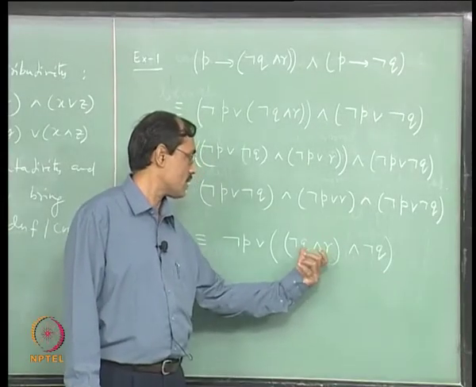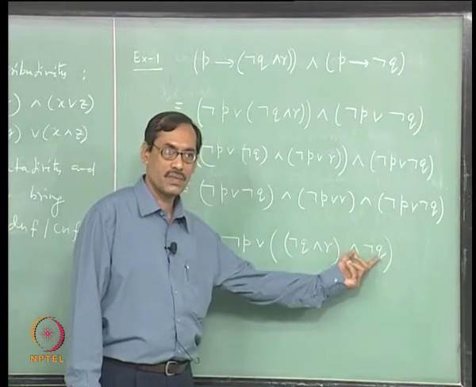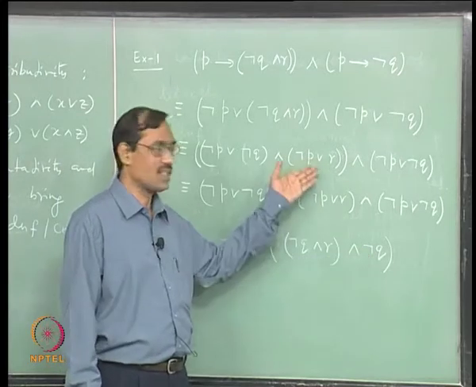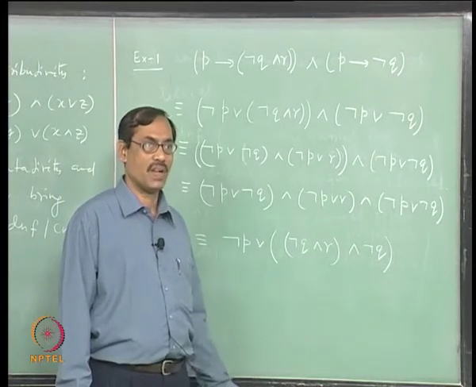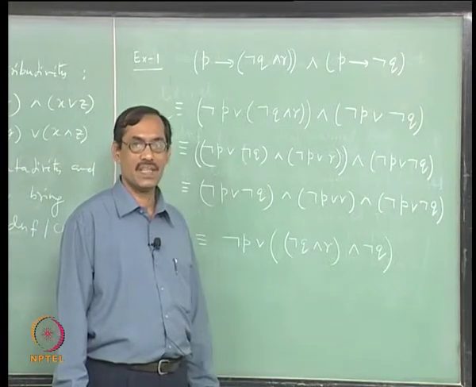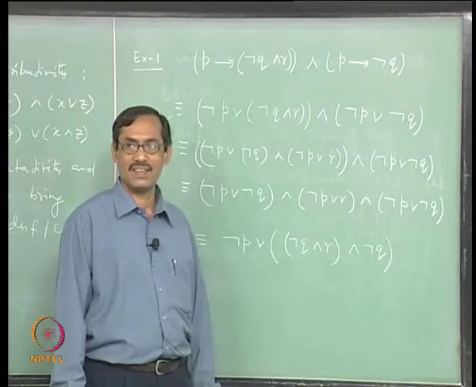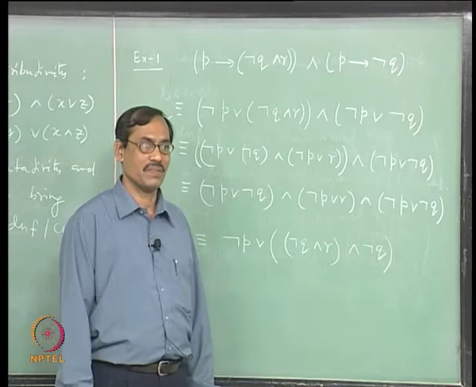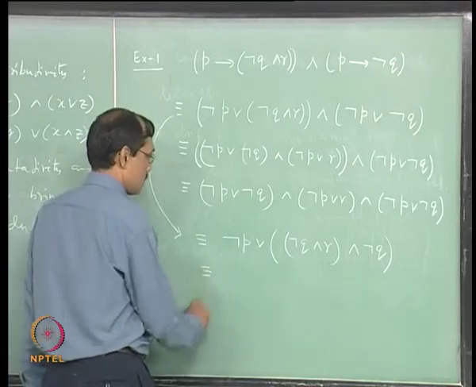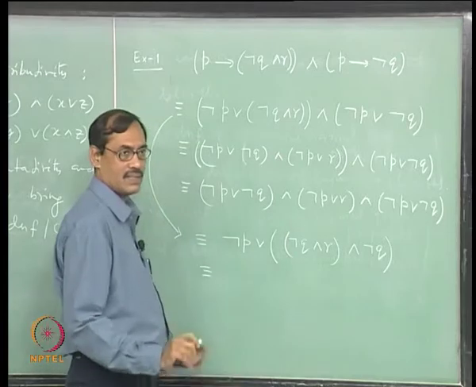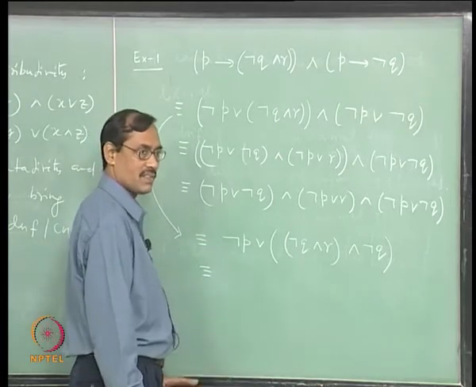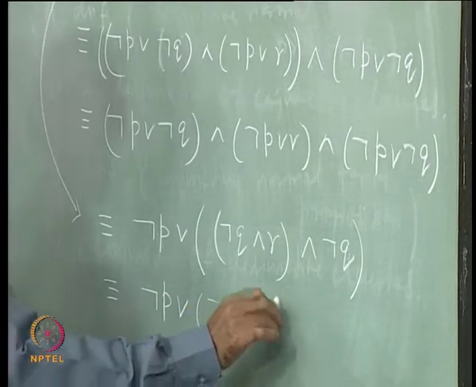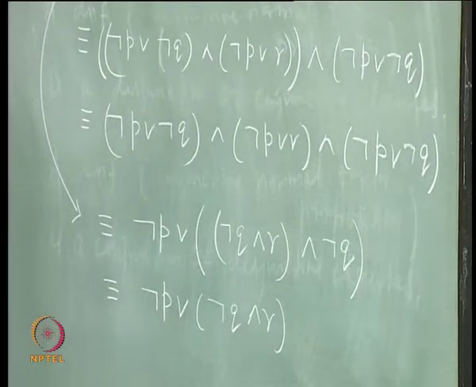Now, what should you do? This one, not Q and R and not Q. So, you use the law of idempotency, which is not specified in the algorithm. Algorithm does not need it anyway, but if you know some laws of absorption, laws of idempotency, they will help you in simplifying the CNF or DNF. Okay. So, now you can modify even the algorithm if you want to use them. Now, what does it say? This becomes not Q and R, that is all, because not Q and not Q is equivalent to not Q. So, this gives not P or not Q and R, this is a simplified version.